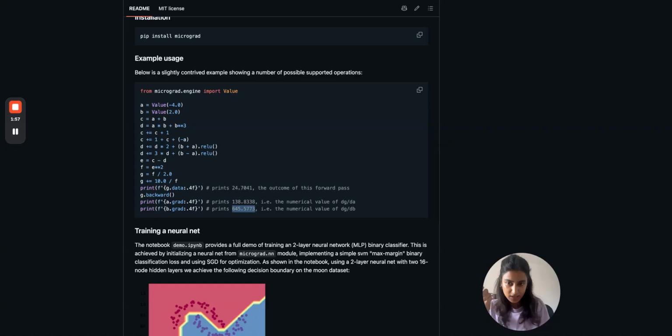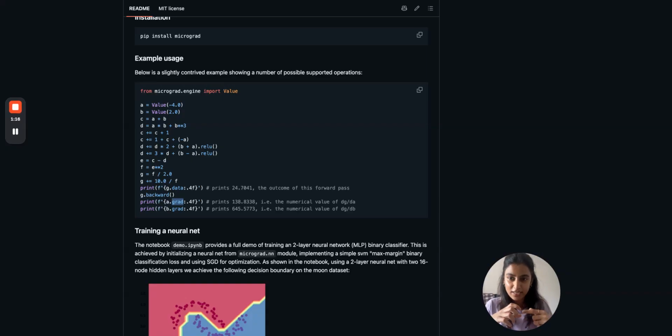Now, why is this information important? Now that we know how much A influences G and how much B influences G, and similarly, you can get all the gradients of the weights of C, E, F as well. Now that we know how much these variables influence the final G, we can update and tune those weights to minimize G. G is the loss function. So you're going to update the weights to minimize G. To update the weights in a meaningful way, you should know how those weights influence G in the first place. And that is what this gradient gives you.